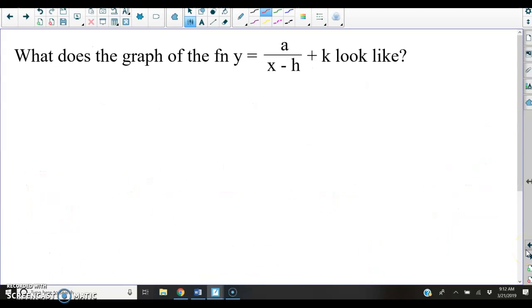Okay, so now kind of a summary. What does the graph of Y equals A over X minus H plus